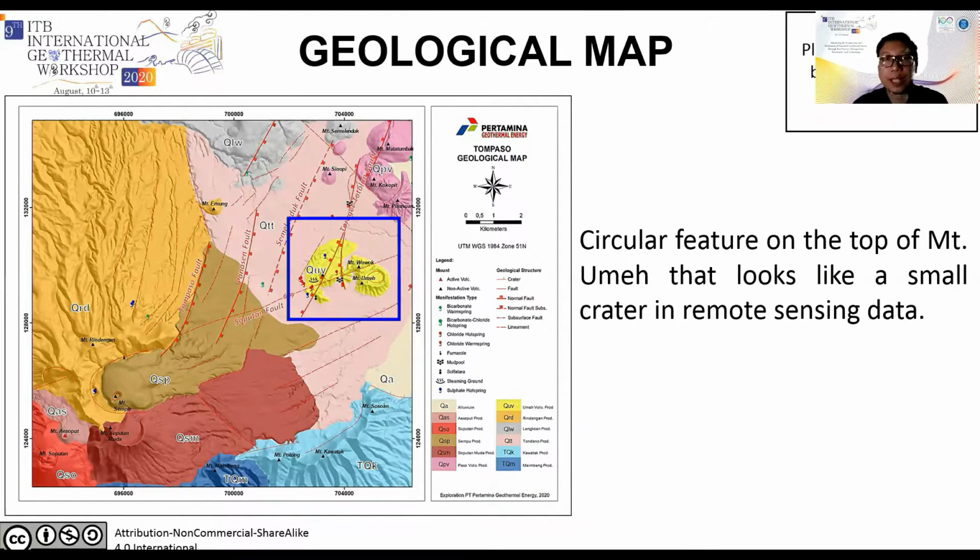The remote sensing data shows some lineaments like structural geology, Toraget-Totolan fault, Soputan fault, and other geological features. In this map, we can see the circular feature on the top of Mount Umeh. Circular feature is usually related to the center of the volcanism,